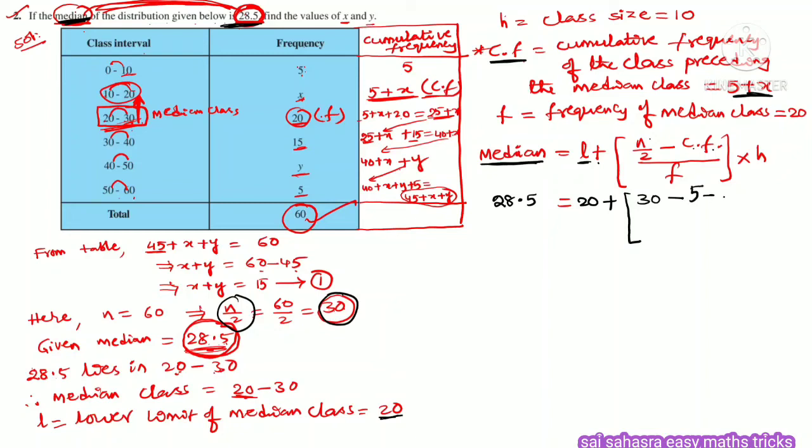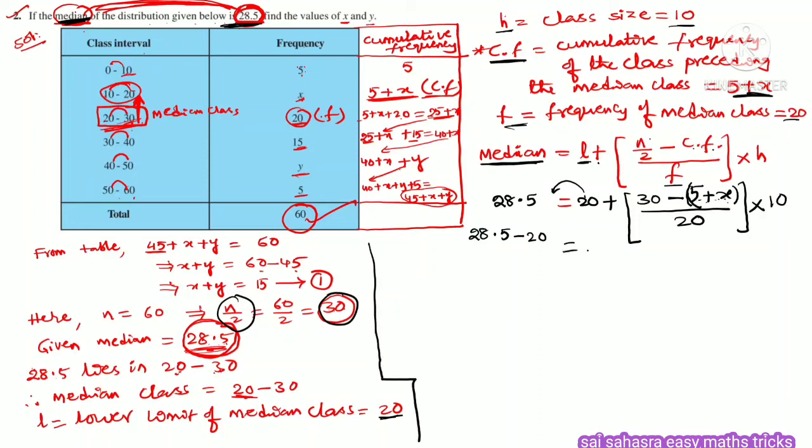5 plus x. This is not a single term, two terms are there. The CF value has more than one term, so keep them in the bracket. F value is 20, bracket close, into H value is 10. Next, this plus 20, if we transpose to the left hand side, becomes minus 20. So 28.5 minus 20